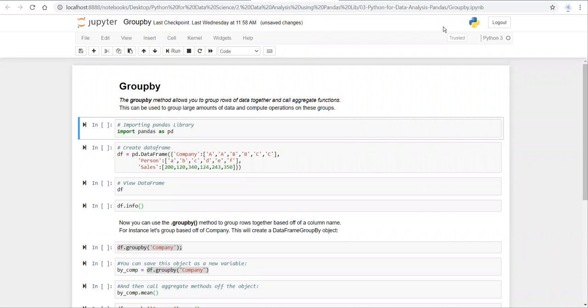Today I am going to discuss the group by method of the Pandas library. The group by method allows you to group rows of data together and call an aggregate function. This can be used to group a large amount of data and compute operations on these groups. The group by method is similar to the pivot option in Microsoft Excel. Here, group is defined for grouping all the rows of data, and by stands for